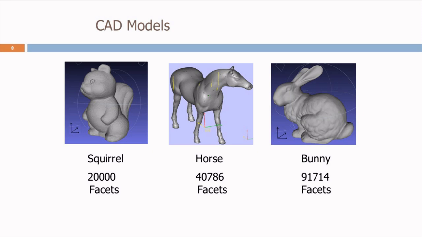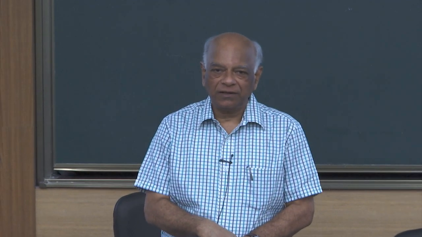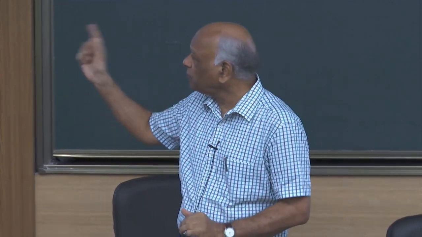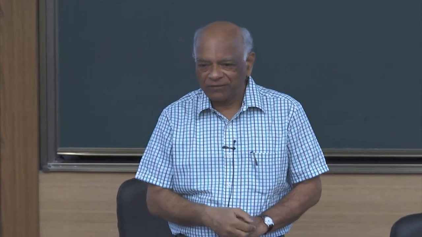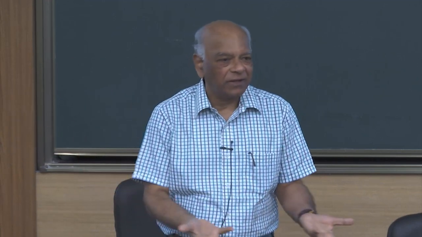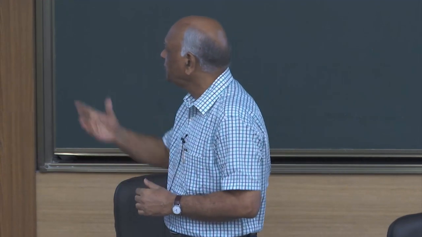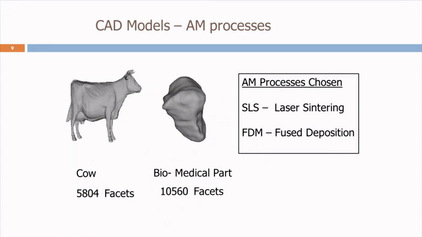Engineering components are typically pretty simple, because you have surfaces which are made up of either flat planes or cylindrical or at the most spherical surfaces. Complex freeform surfaces are rarely there in engineering components, though there are situations which are coming, but art models, as they are called, are very, very complex models. So we wanted to test our algorithms on them so that they are automatically applicable to the simple parts. So these are the models which we picked up, some typical models as I am showing, a cow, a biomedical part, and so on.